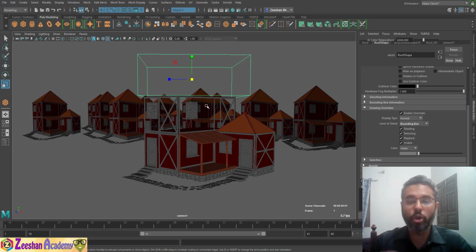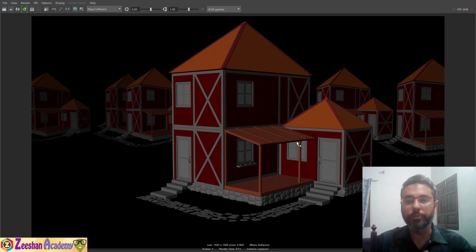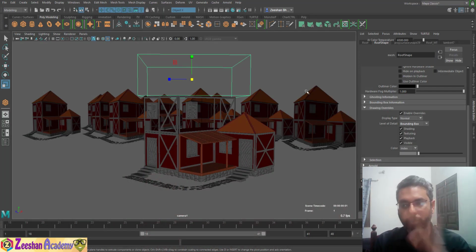However, these overrides do not affect your render settings. So if you go back into your rendering and hit render, the object is visible there and there. So it becomes very easy, and gives peace of mind that the object will be displayed in rendering. However, in your viewport you're only getting a bounding box, because I'm already done with this object. I no longer need it, so I enable it and just put it in the bounding box.